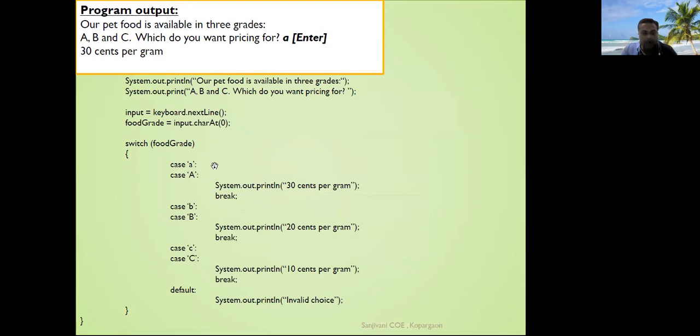Then instead of transferring the control out of the switch, it will execute the next case and print the message 30% per gram, and it will execute a break statement. Once the break statement is executed, it will transfer the control out of the switch. If, for example, the user enters capital B, it will execute case B. It will print the message 20% per gram, and after the execution of break, it will transfer the control out of the switch.